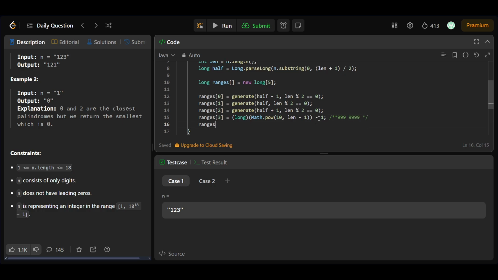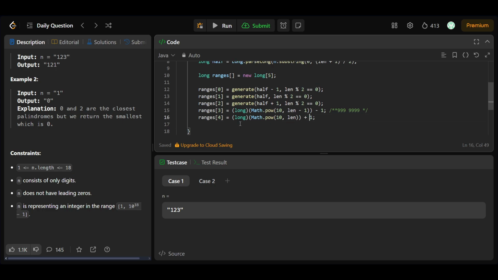Similarly, we'll be having ranges 4 as well. So that will be the minimum range. Oh, sorry. Yeah, this one is for the minimum range, and next this one will be for the maximum range. Math.pow of 10 comma up to the length, and here I'll be doing a plus 1, because this will be giving me the closest palindrome, that is, let's say, 101 and 1001. So these are all palindromic numbers. Okay, now